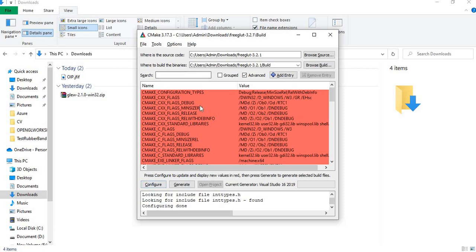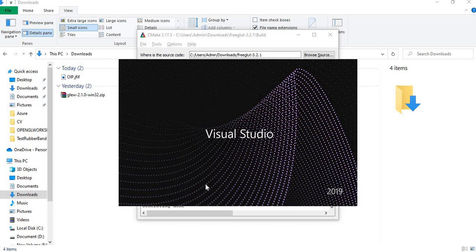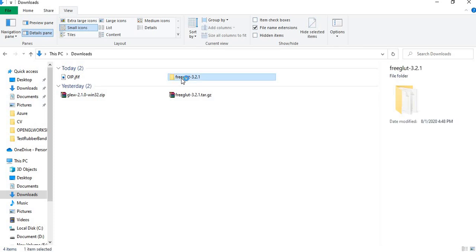Now my CMake is configured. Now we have to generate an SLN file. To generate the SLN file, we click on generate. Now the SLN file is generated. You can open the project from here. It will open your Visual Studio, and we can go inside.